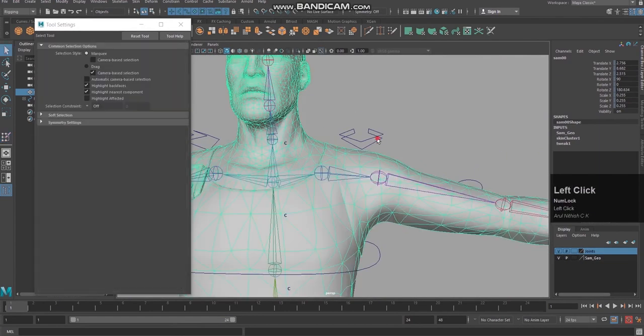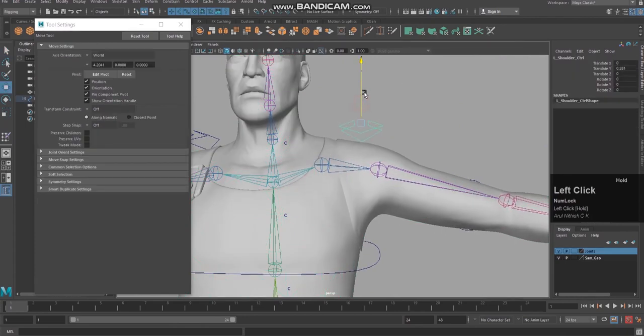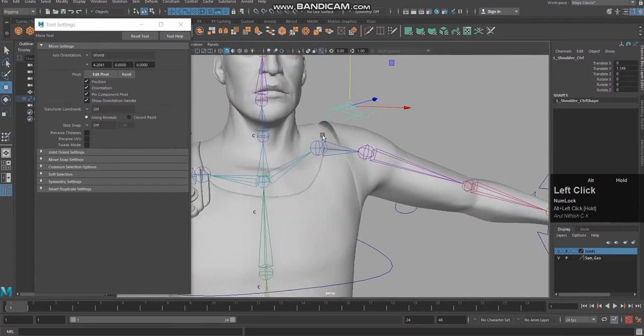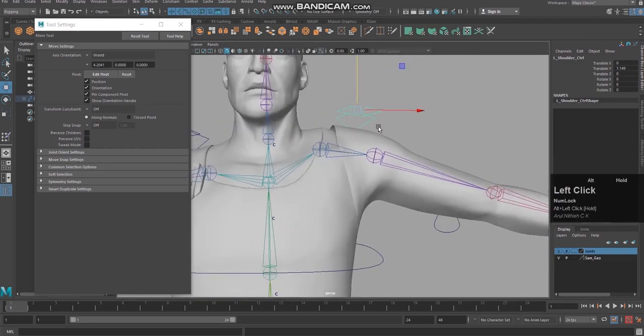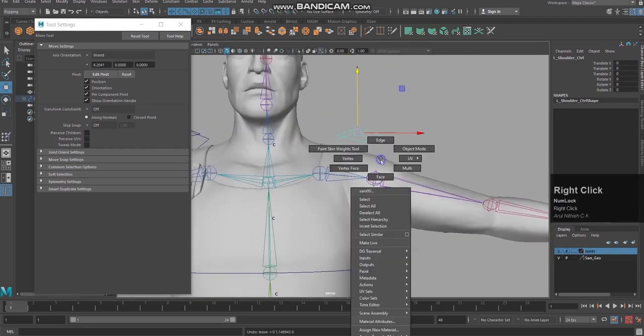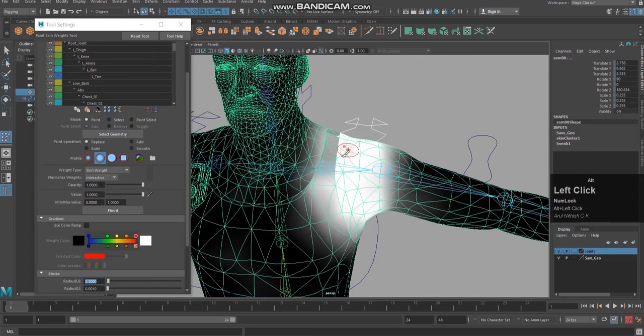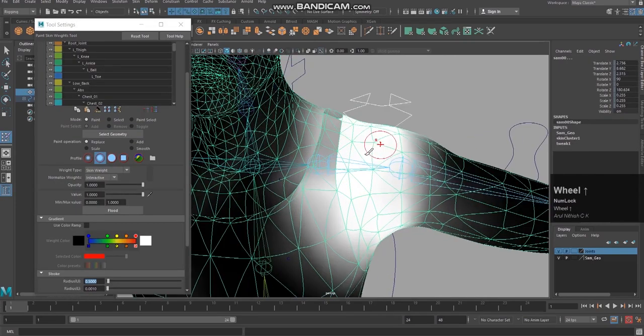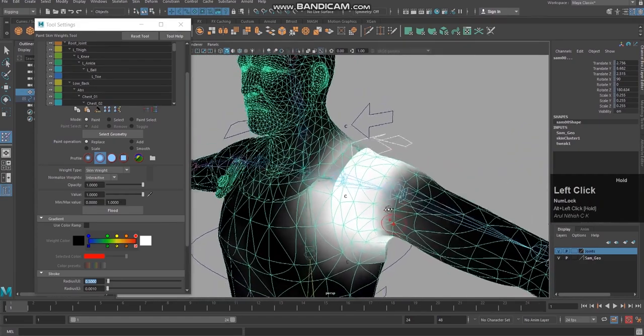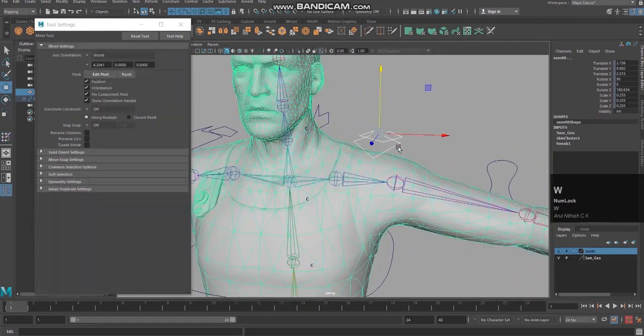Now if I move it, you can see again the problem is here the values are intense. You can see it when I go to the paint weight tool. See, it is very intense. It should be gradually coming down. So this is the logic of the paint skin weights tool.